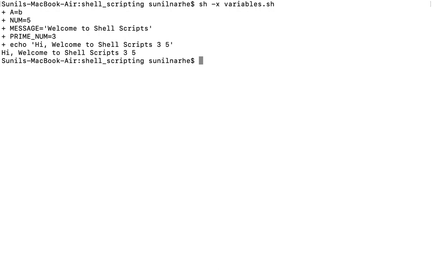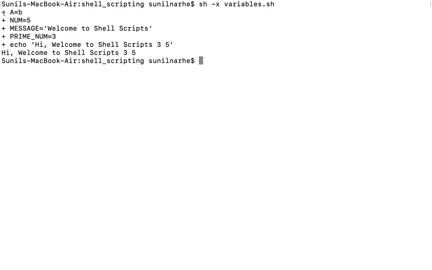I will explain in further videos what hyphen x means. But most of the time, when we are executing scripts and the script is not giving the output as per our requirement or there is a code mismatch, we use the hyphen x parameter to execute the script. There are other ways to set hyphen x in the script itself, but here we use it while executing.